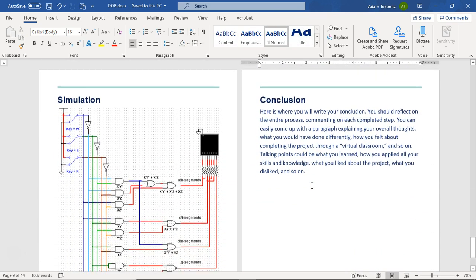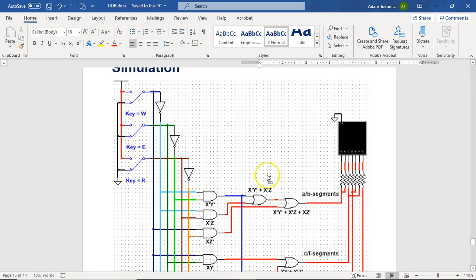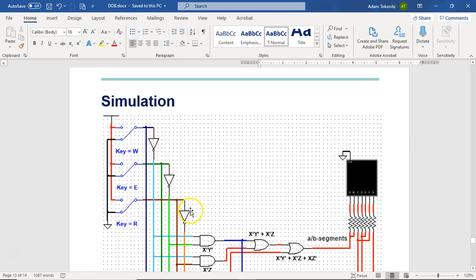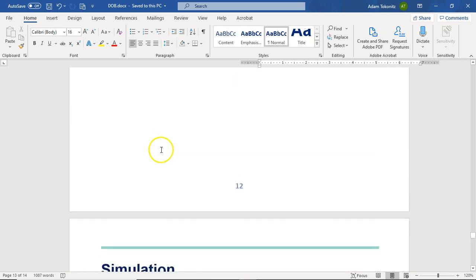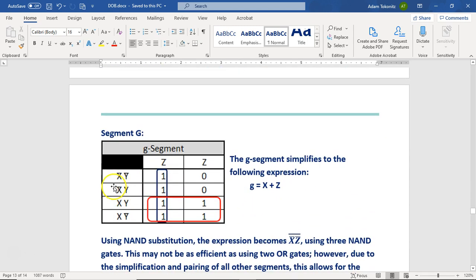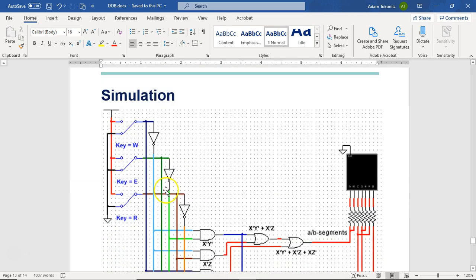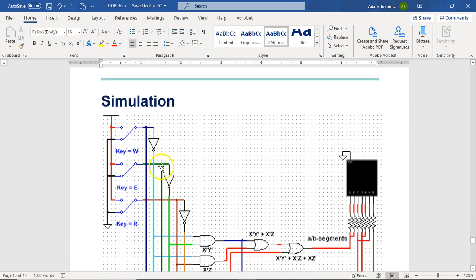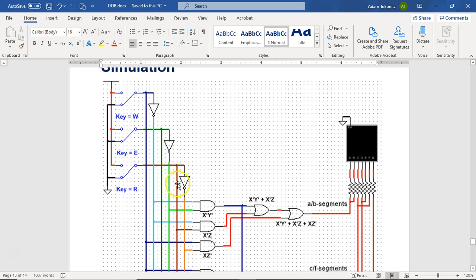I'm going to scroll a bit past this to my simulation. In my multi-simulation, I've made a template where I've got switch 1 and not switch 1, or in this case, what did I use? I think X, Y, and Z. Yeah. This is X and not X, or Y and not Y, or Z